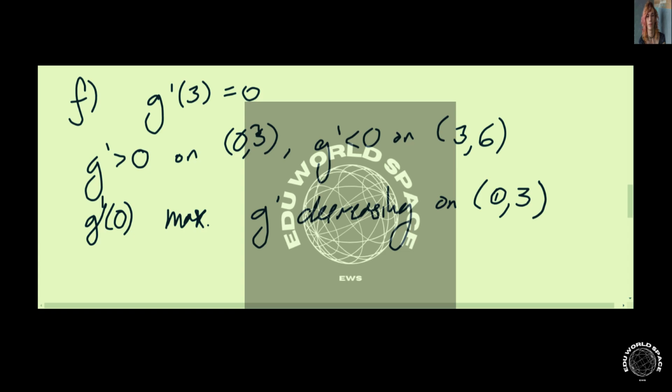Likewise, on the right-hand side, the rate at which g is decreasing gets larger and larger, at least in absolute value, as x moves from 3 to 6. So it follows that g prime of 6 is a minimum of g prime, and that g prime is increasing